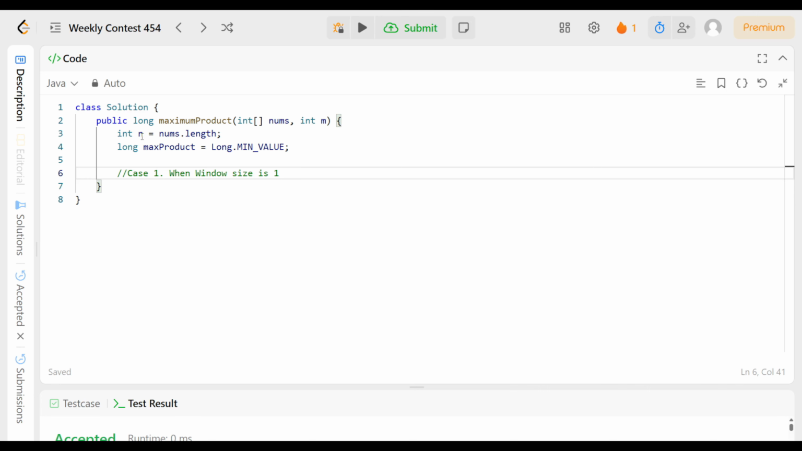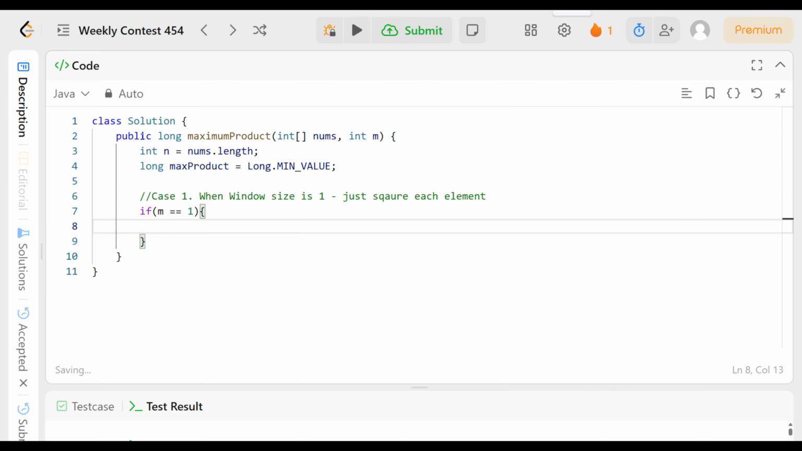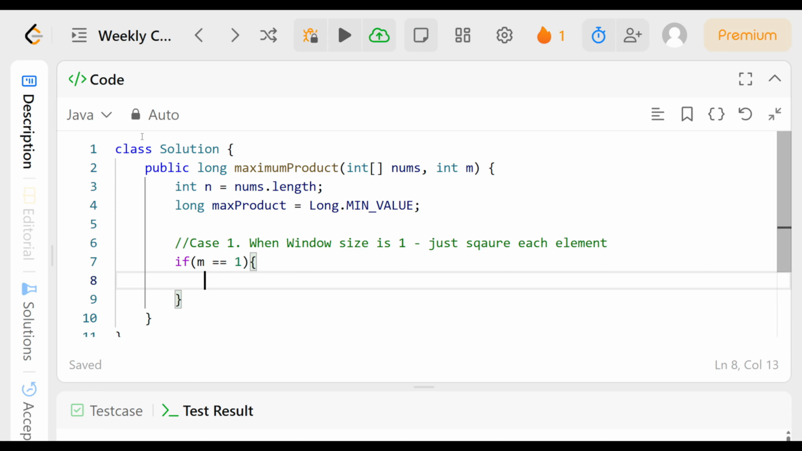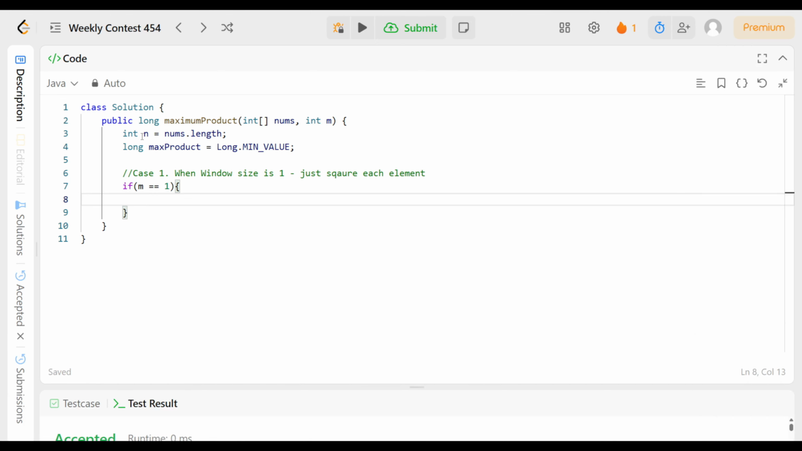If window size is 1, it means we have to just take the square of each element, just square each element, don't do anything, right? As we have seen, if m equal to 1, what we will do, we go back, -1. I have already written it in the code, so I know that. So first of all, m equal to 1, what we will write,